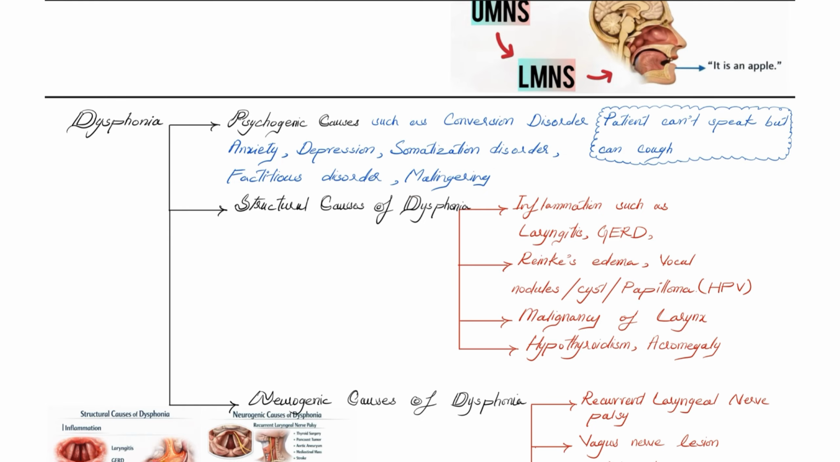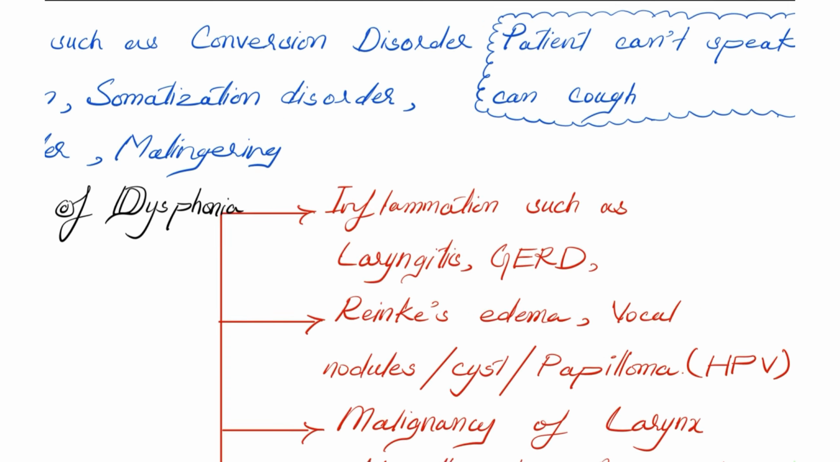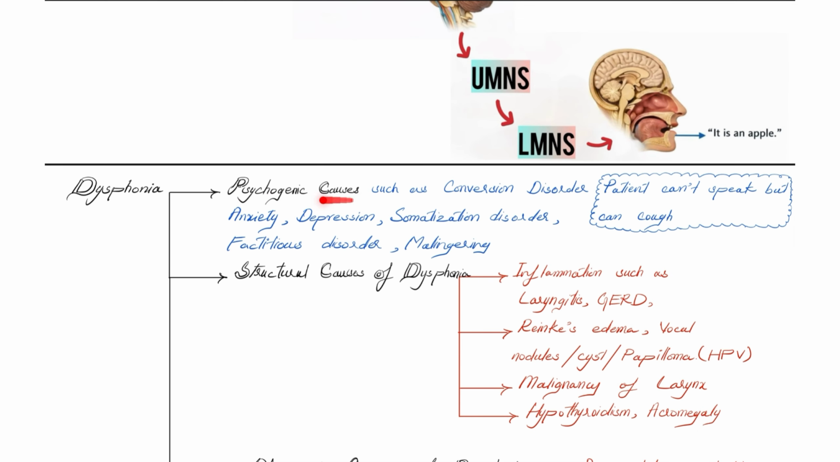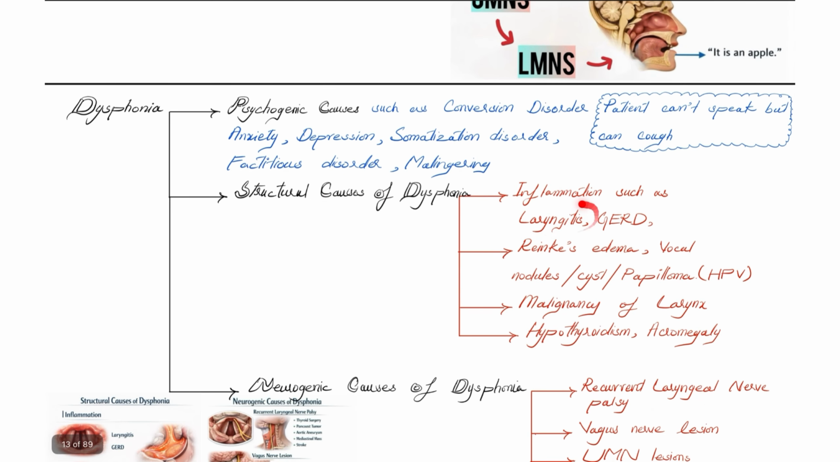So how can you differentiate between organic cause and non-organic cause? Ask the patient to cough. If the patient can cough but cannot speak, it has a non-organic cause, meaning the etiology of the dysphonia is psychogenic. Now there can be some structural causes of dysphonia like inflammation such as laryngitis or GERD, Reinke's edema, vocal